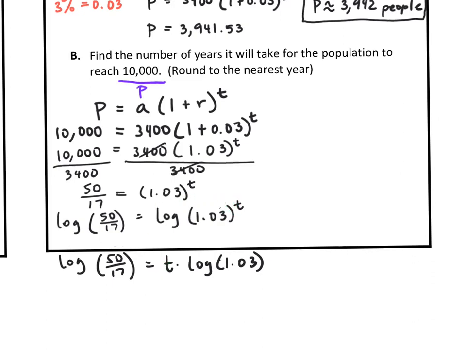And I need one more step to solve for T. I need to divide both sides by the log of 1.03 on the right and log 1.03 on the left. So we get cancellation on the right, and I get that T